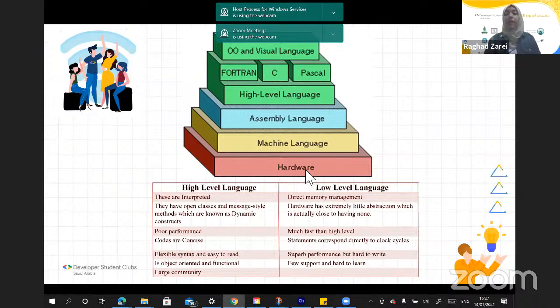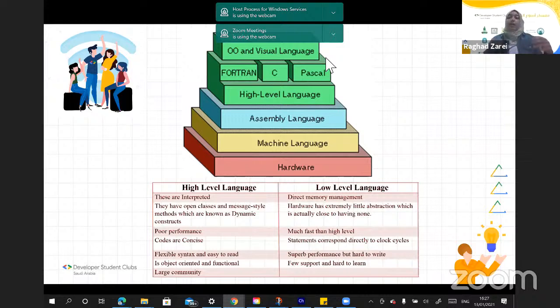As you can see from this diagram, directly after the hardware comes the machine language, which is the one we spoke about, the ones and zeros. Then later it translates into the assembly language, which we just tried. And later on, it turns into the high-level language, which most people use throughout their work, through real life, pretty much. And later on to different types of languages and to the visual language.